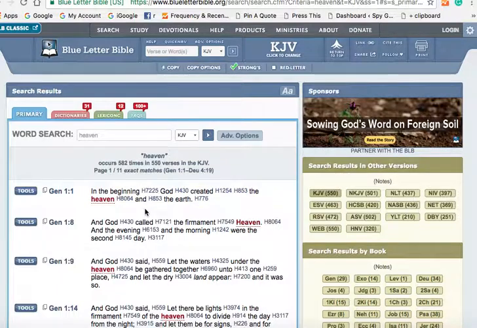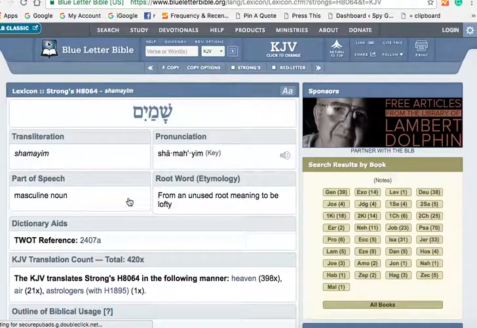In this particular situation, where it's located in Genesis 1, it gives an idea of what it says in that particular sentence. It says, "In the beginning, God created the heaven and the earth." That's the first time that heaven is used. So if we hit H8064, it takes us to the word definition in the original language, which is Hebrew. And the word is Shamaim, spelled